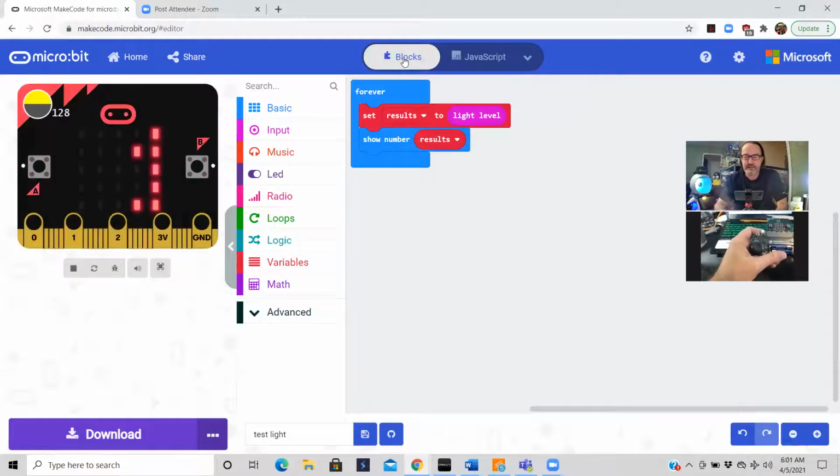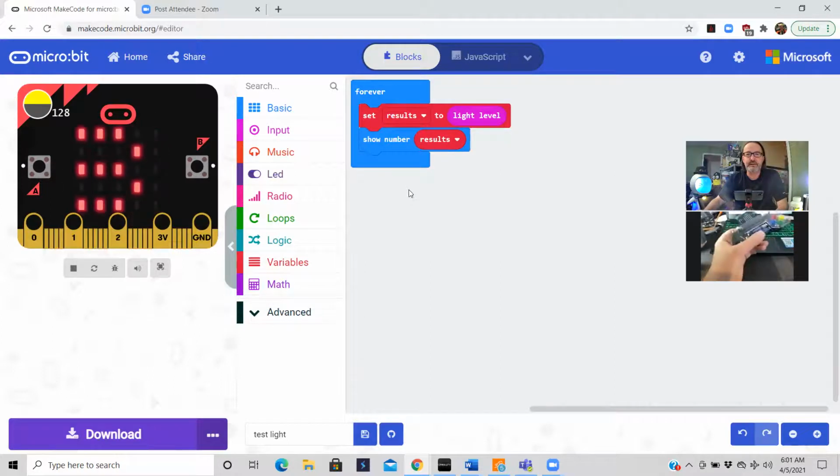Okay, I've already downloaded it to my MicroBit. So we've seen the code, see how simple and how straightforward the code is. Now, of course, I said I've downloaded it. Now let's stop sharing my screen and get back to